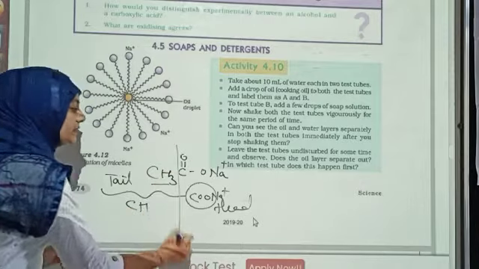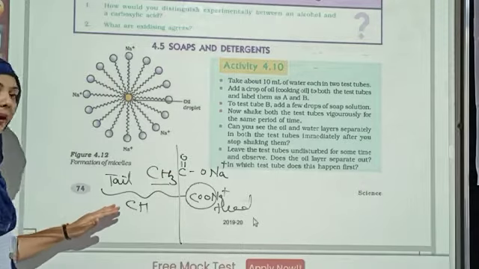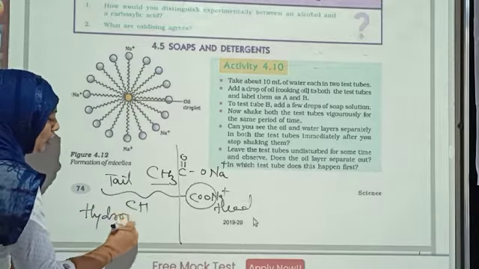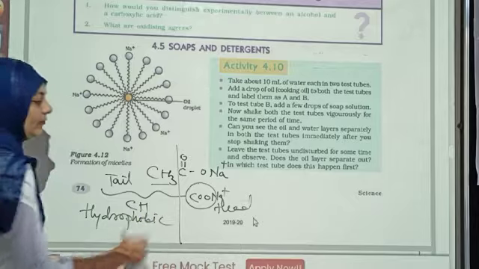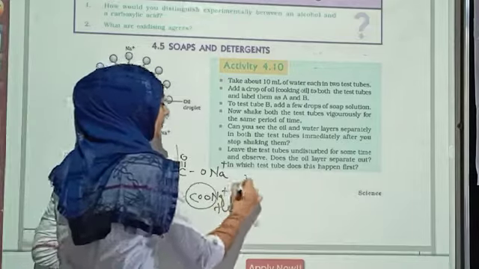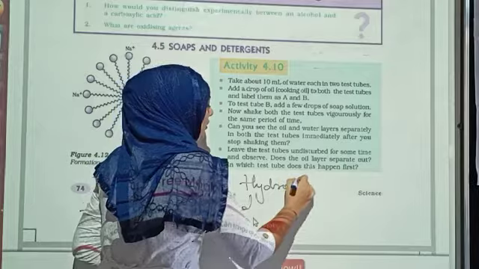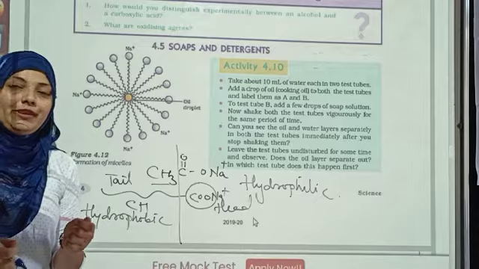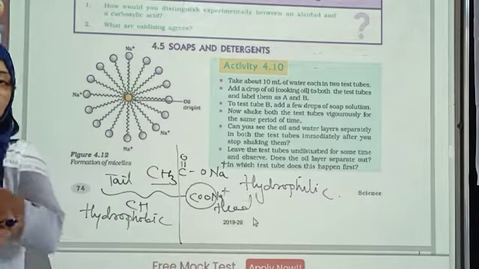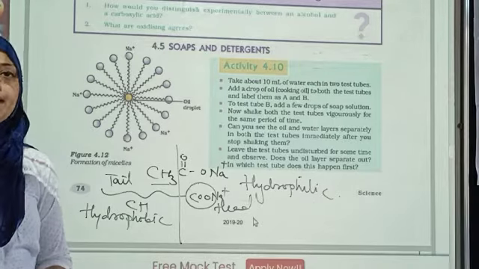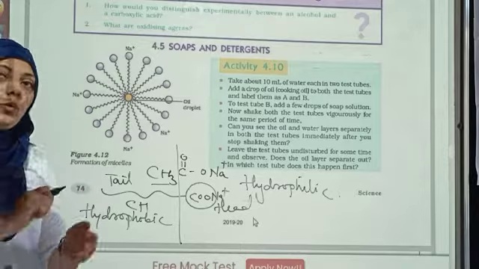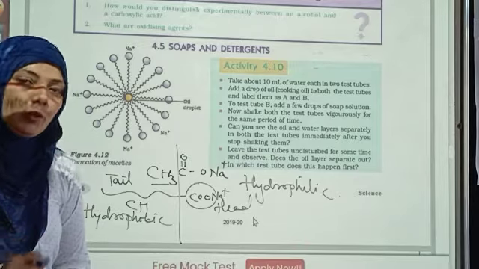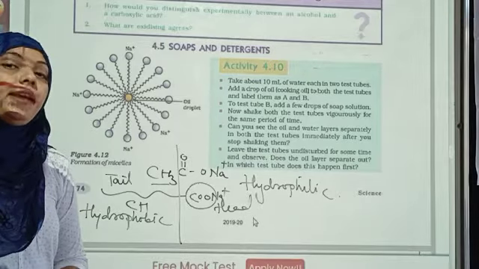Now we have to learn about something very important over here. The tail part, which is your carbon and hydrogen, is hydrophobic. Hydrophobic. Whereas the head part is hydrophilic. Hydrophilic. Now dear student, you know whenever we take clothes to wash, suppose your handkerchief has an oil stain, oil has got on it, and you want to remove it. Can you remove it with simply water? Can you just pour the water and remove the oil from the clothes? No. We have to apply soaps.